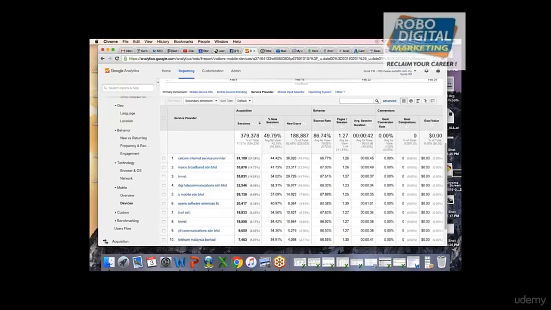With every type of service provider, it's again the same thing. So there is a problem with the mobile site.